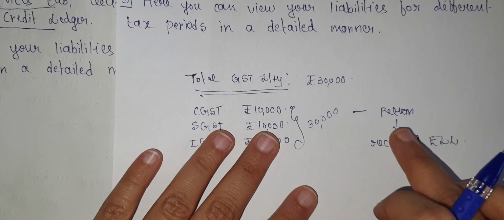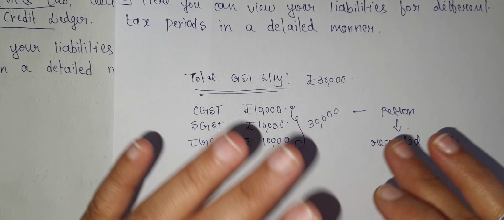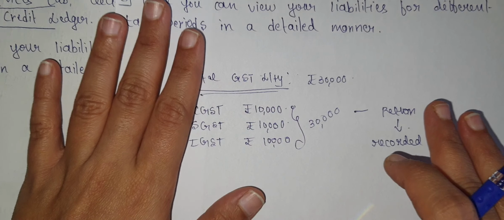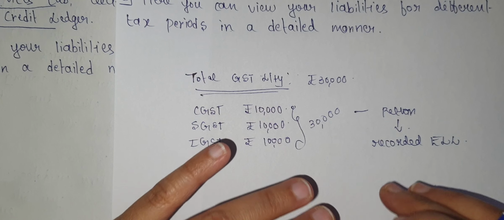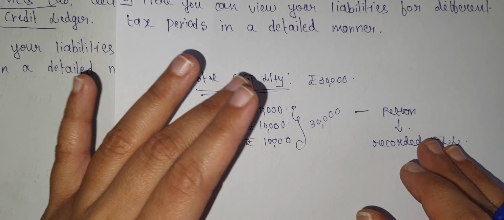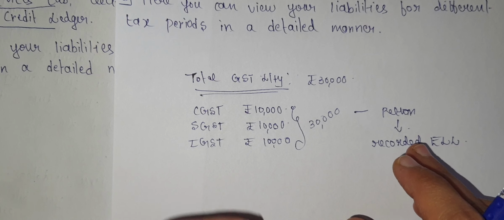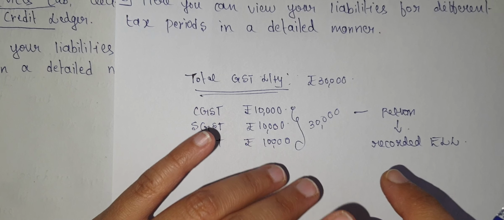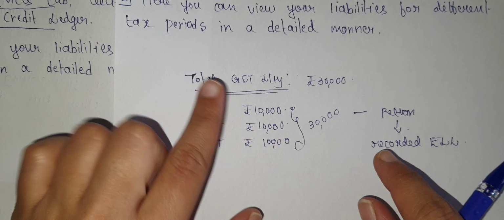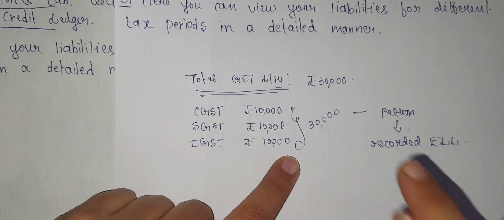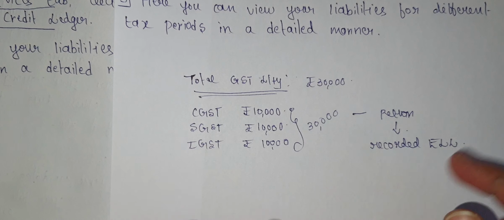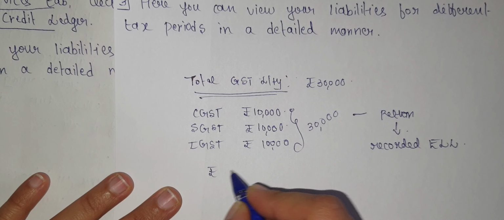So first, once you file your return, this rupees 30,000 is recorded in your electronic liability ledger. To clear it, you make a payment using your electronic cash ledger. For that, the first step is to deposit rupees 30,000 into the cash ledger, and when you initiate the payment, rupees 10,000